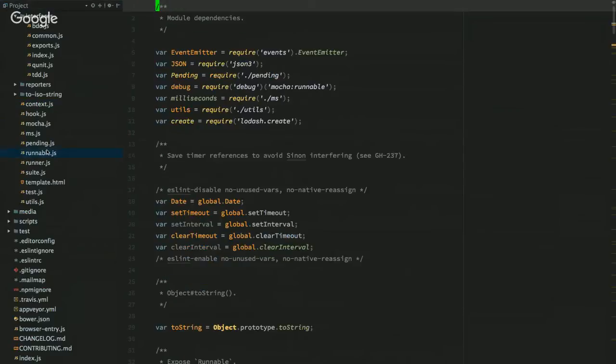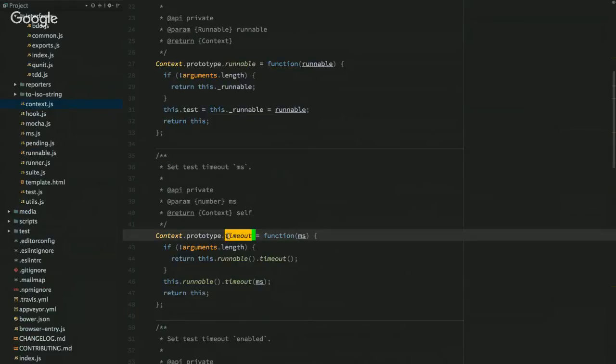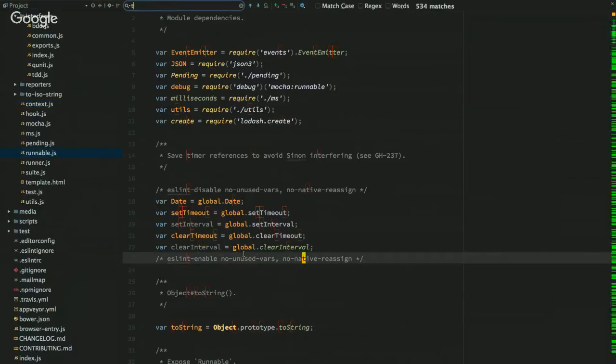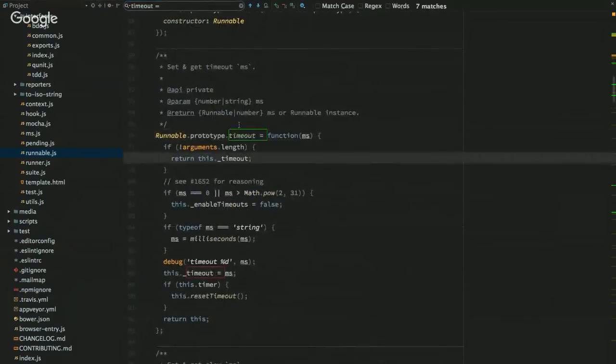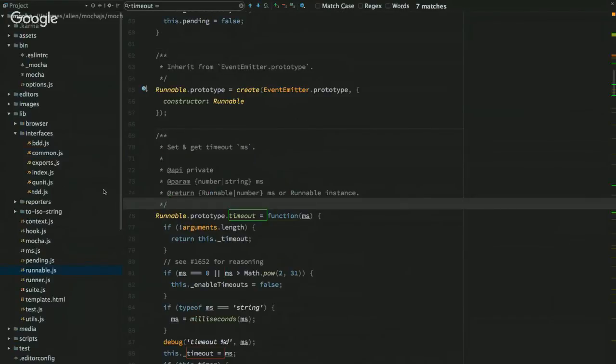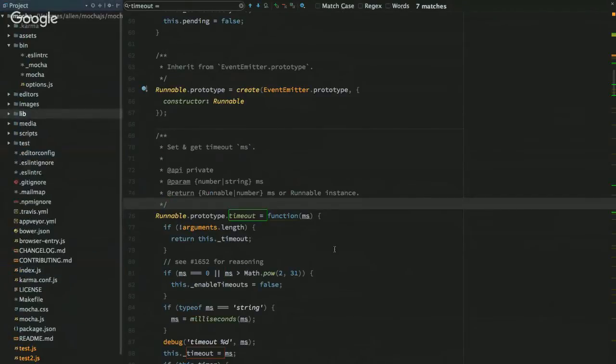But so there we would see that in this context object, we have a timeout function. All that's doing is delegating its functionality into the runnable, which there should be a timeout in here. That's the default one, by the way. And so this is the actual implementation of this dot timeout, if you ever see it. So yeah, that is kind of like how Mocha wants to